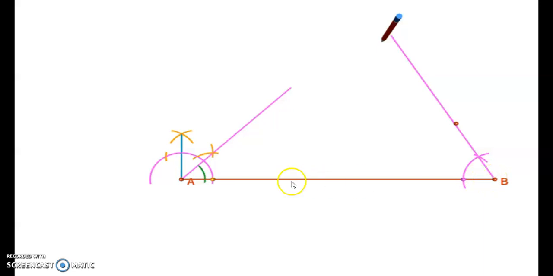Right now in our construction we have seen the perimeter. The line segment AB is the perimeter of the required triangle. We have constructed 45 degrees here, and we have constructed 60 degrees here, and we have even measured with the protractor to check whether we got 60 degrees or not. Of course, it is 60 degrees. Now, our next task is to construct angle bisectors at A, that is this 45 degrees, and also the angle bisector of 60 degrees. Let us see the procedure.